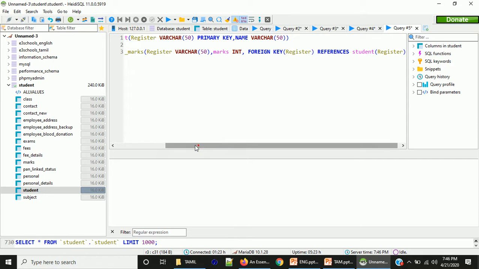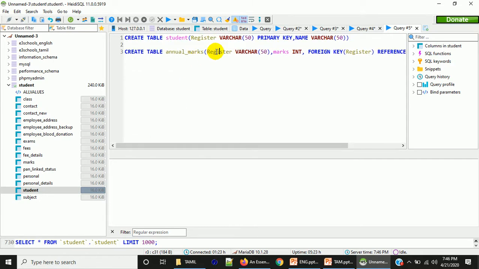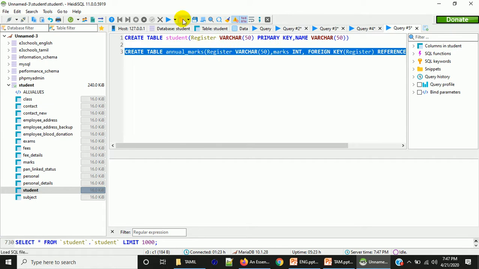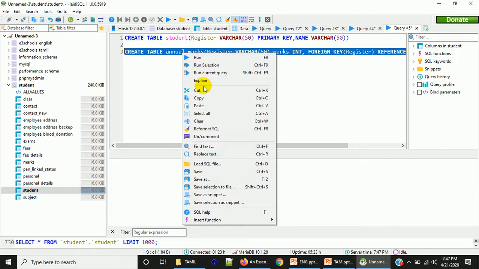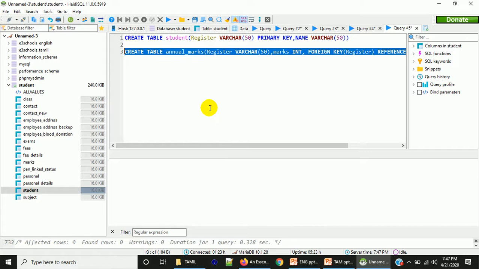So this register will be the column that is used to uniquely identify each record in this table also. So this is what foreign key is all about. I'll create this table. Table is created.